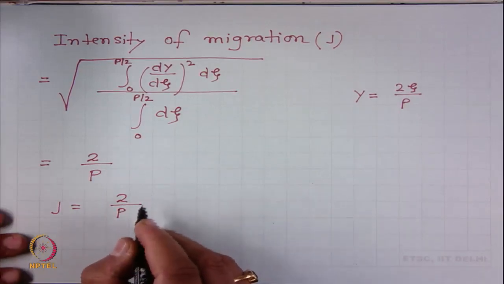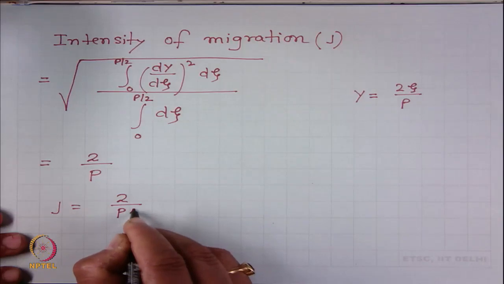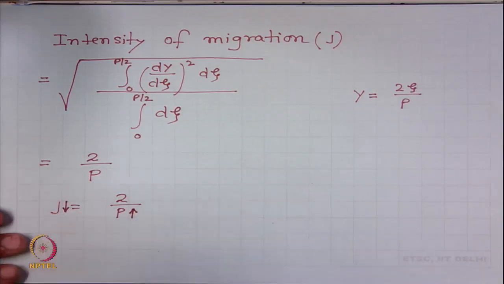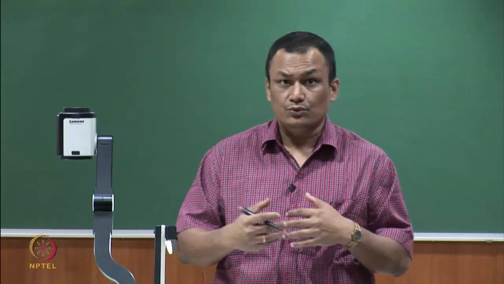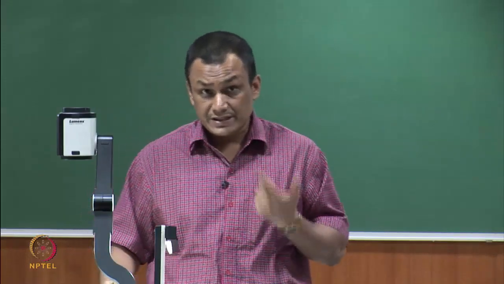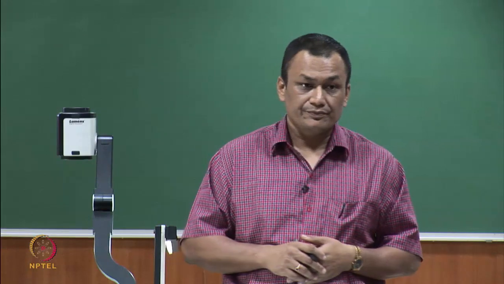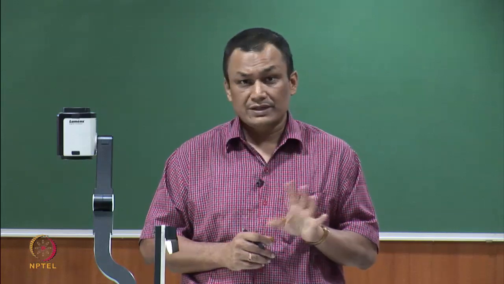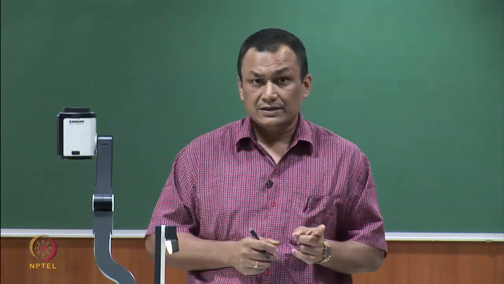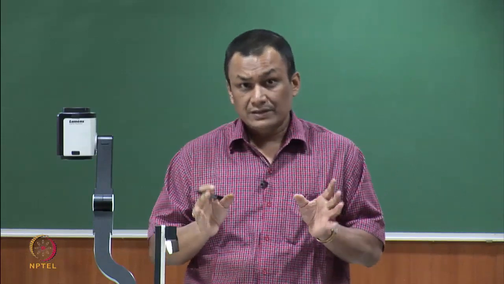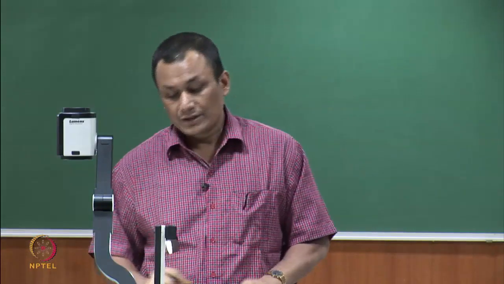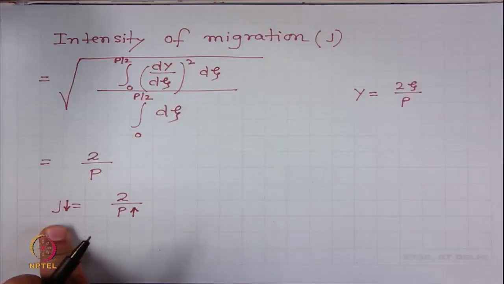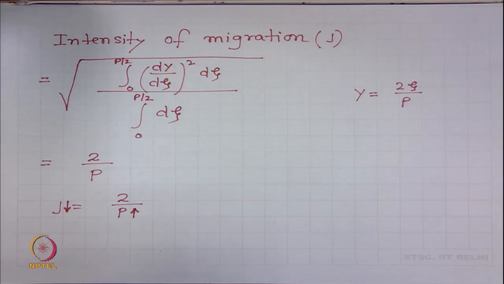What we see is that if the period of migration is high, the intensity is less, meaning slow migration. When P is very high, migration is happening at a very slow rate; intensity also indicates the rate of migration. You remember when we used approximations, we considered two assumptions: one is tan square beta much less than 1, and the second was that P is very high. Then we talked about slow migration because of this. So, these three characteristics can be obtained from